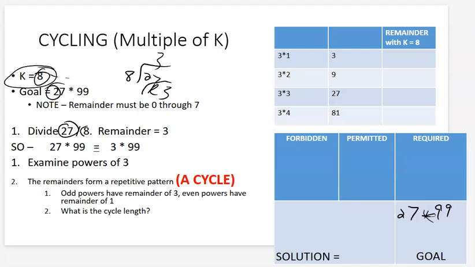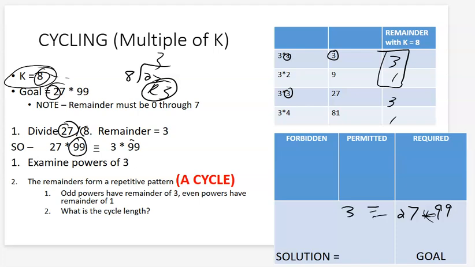So once we found the remainder from the base divided by k, we looked at the powers and took 3 to the first, 3 to the second, 3 to the third, 3 to the fourth. We found that the remainder was 3, 1, 3, 1, which is a cycle length of 2. We then noticed that the exponent 99 is an odd exponent, which means it's going to be congruent with all of these. So therefore, 3 to the first is 3, which means that 27 to the 99th is actually congruent